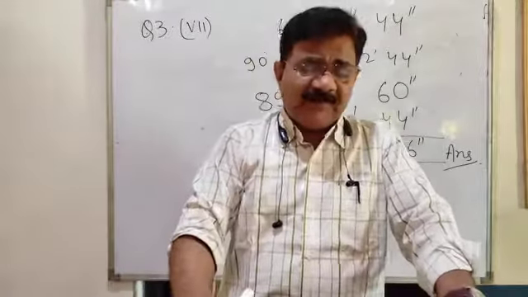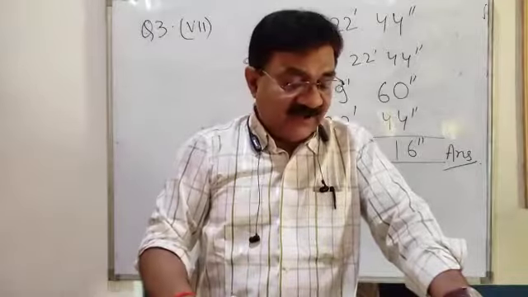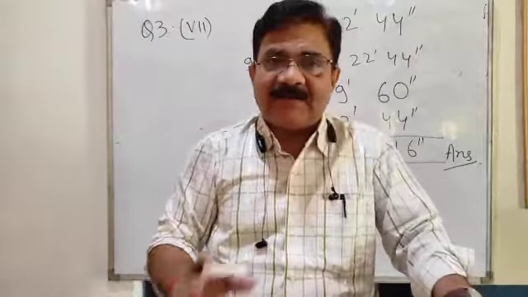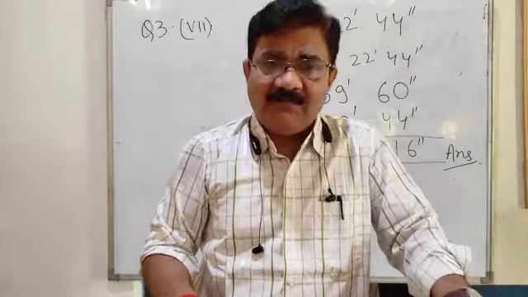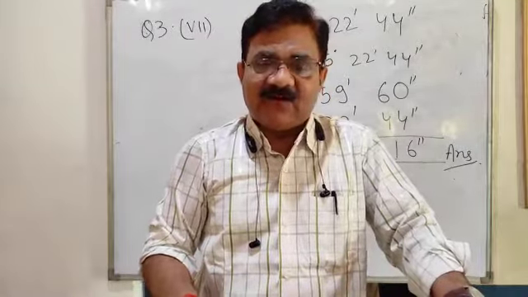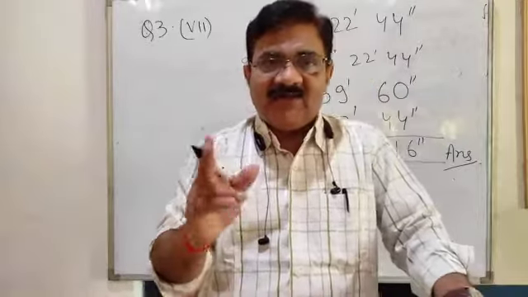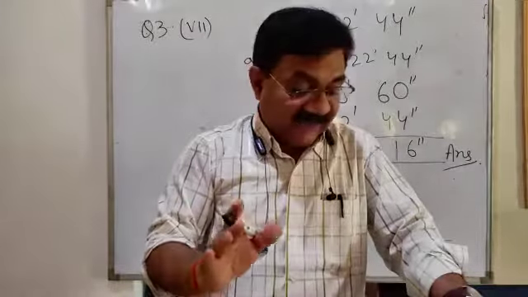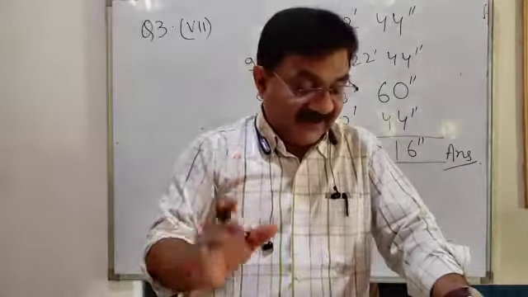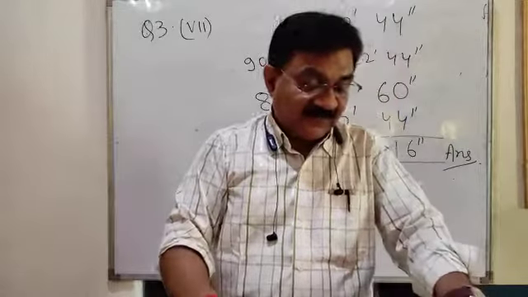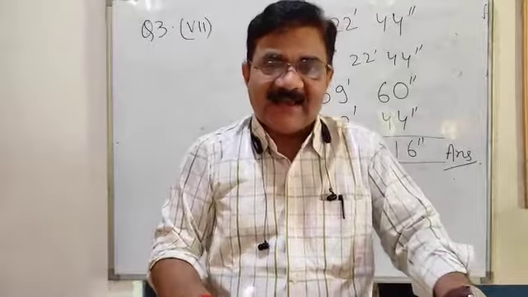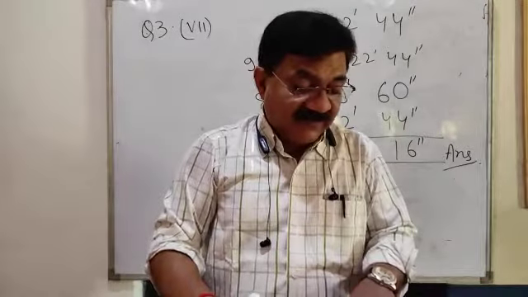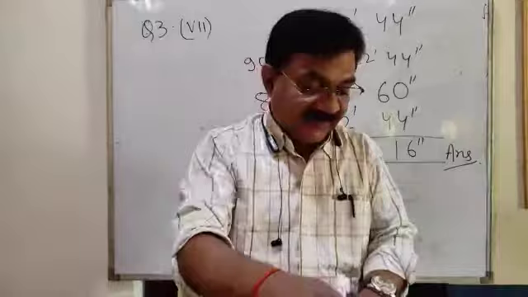Now, question number 4. Question number 4 is to write the supplement. In the case of supplement, you have to subtract from 180 degrees. The question is the same. In the case of complement, you have to subtract from 90, and in the case of supplement, you have to subtract from 180 degrees. Question number 5. Choose the pair of supplementary angles. If their sum is 180 degrees, it means they are a pair of supplementary angles.